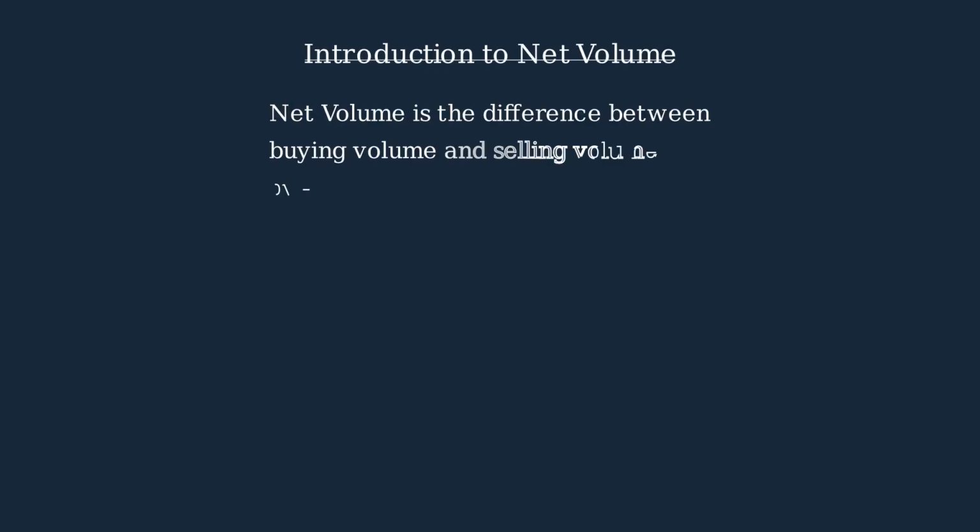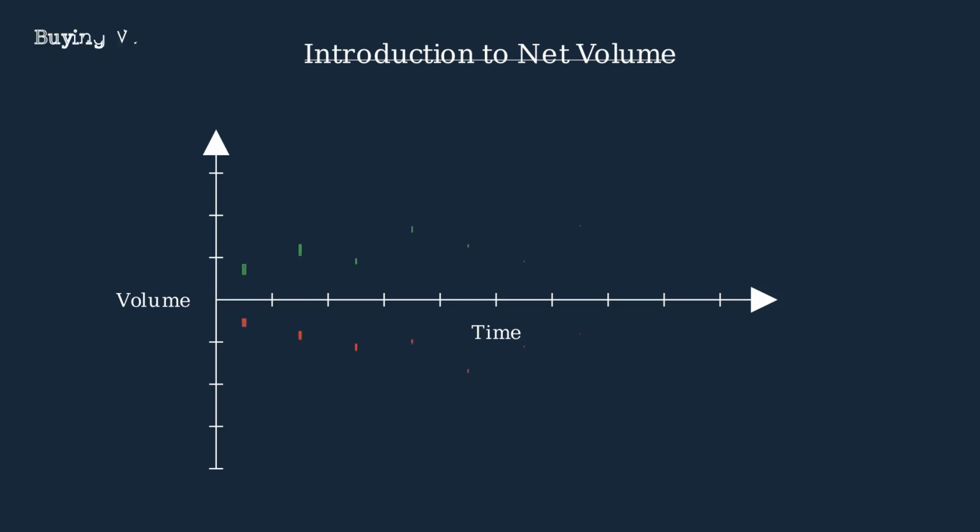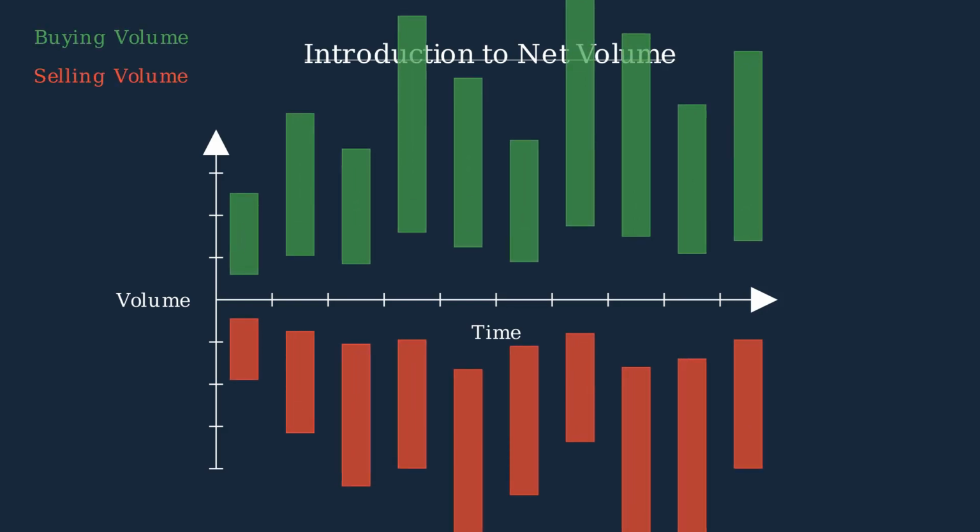Introduction to net volume, a powerful indicator in technical analysis. Net volume measures the difference between buying and selling volume over a specific period. In the markets, we have buying volume shown in green and selling volume shown in red. Net volume is calculated by subtracting selling volume from buying volume, resulting in a single value that represents the volume